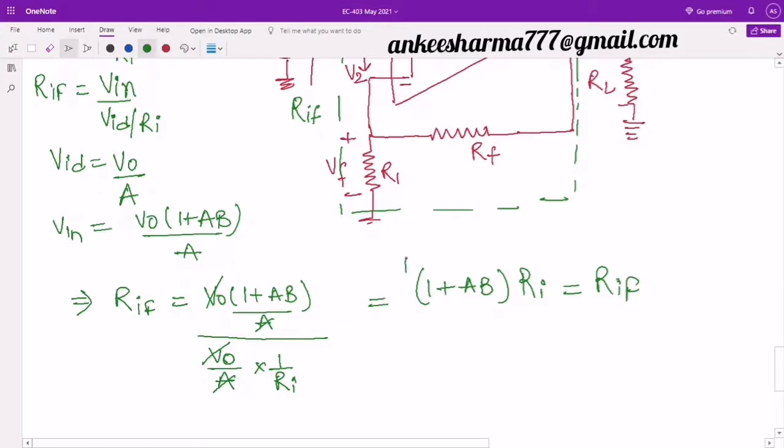It means we have obtained my input resistance with feedback in terms of my input resistance without feedback, and gains A and B are there. It means when we do the feedback, our input resistance has increased by the factor of 1 plus AB. So this is again an important formula, because 1 plus AB is definitely greater than 1, so definitely this input resistance will increase, and we always want our input resistance to be higher. It means these feedback resistances are making our input resistance higher in comparison to the without feedback case. So this is an advantage to us.